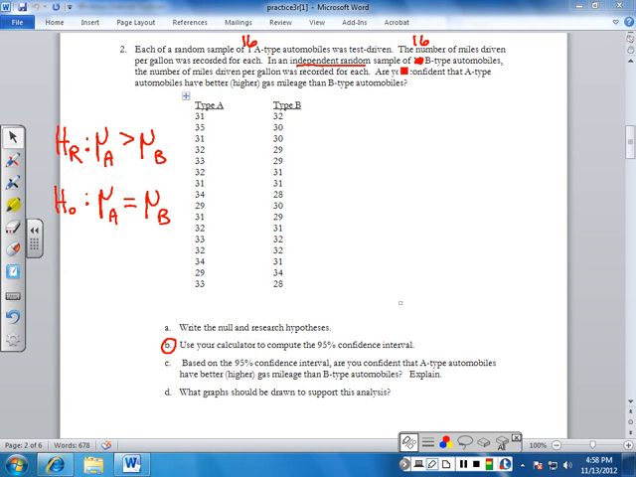What we'll need to do now is go into our calculators, and in lists 1 and 2, or wherever you want to put them, just enter the numbers from this problem. Hopefully on the exam I won't give you one with this many numbers, but